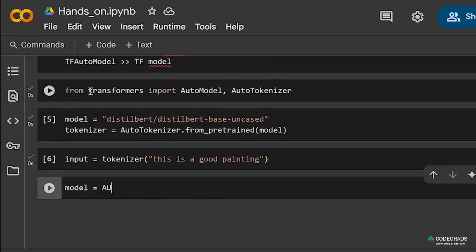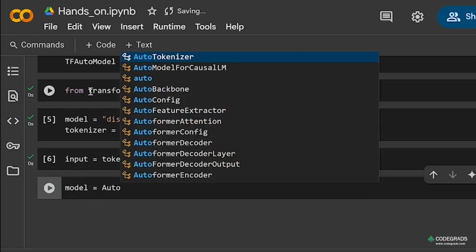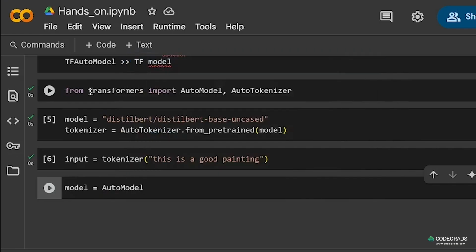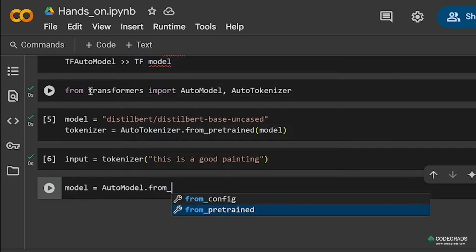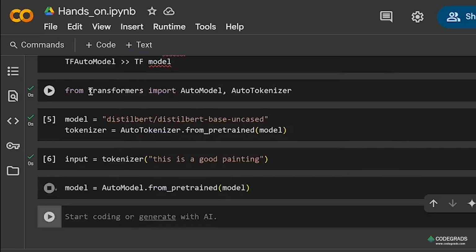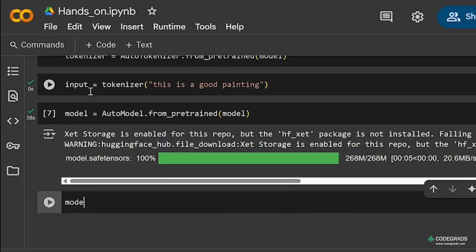Model is equal to AutoModel.from_pretrained, and I'll mention the model name. And when I pass the input to the model, what happens will be,